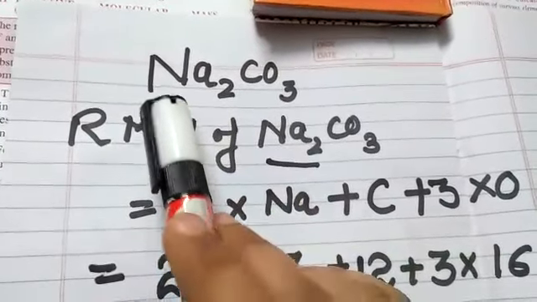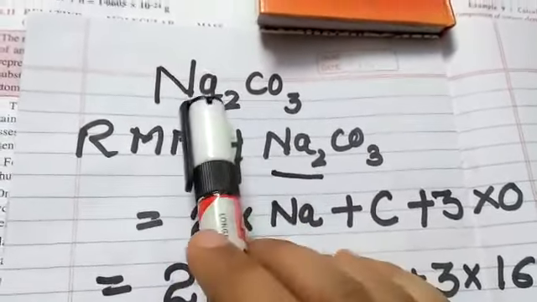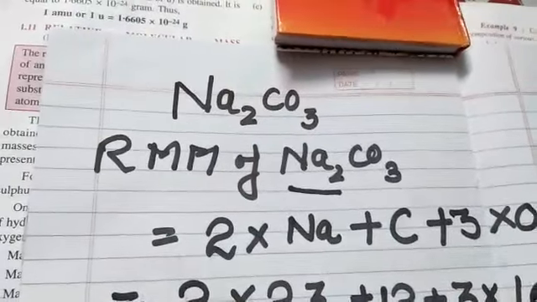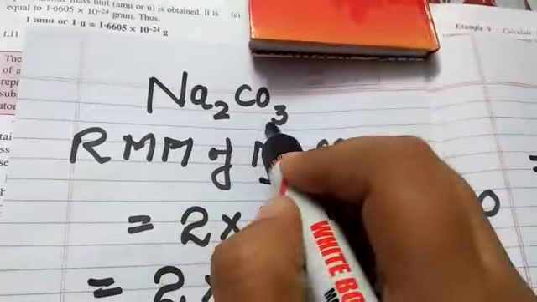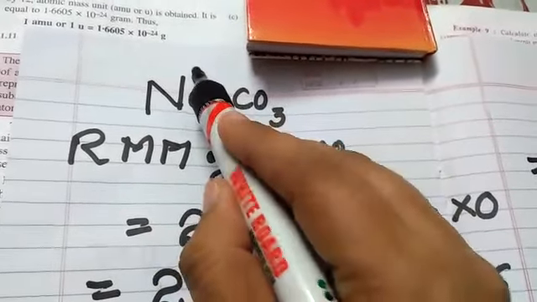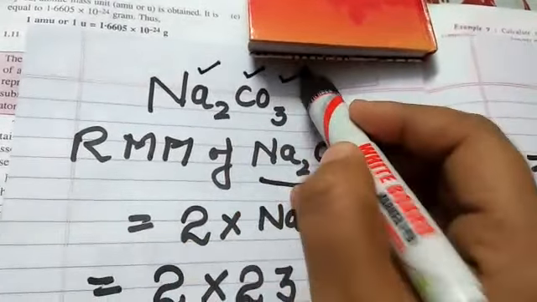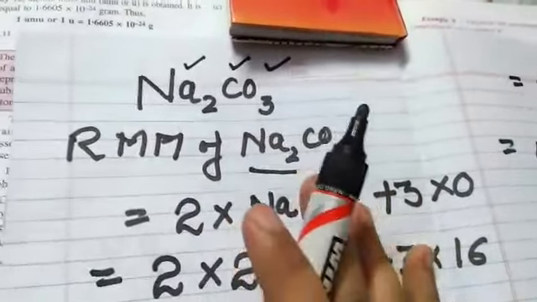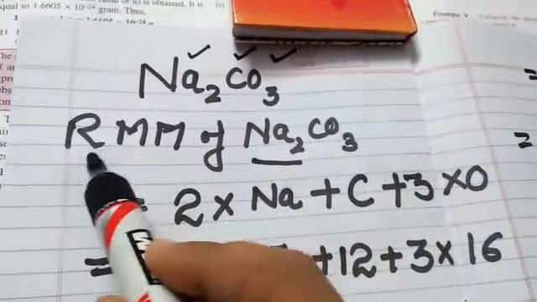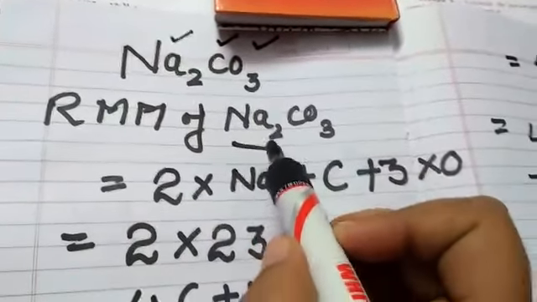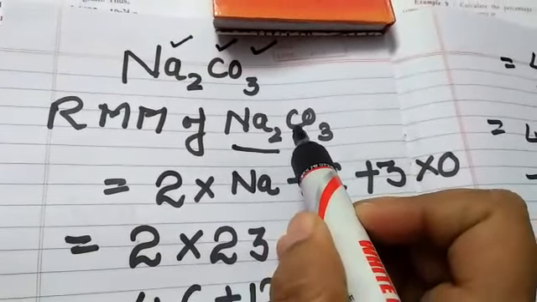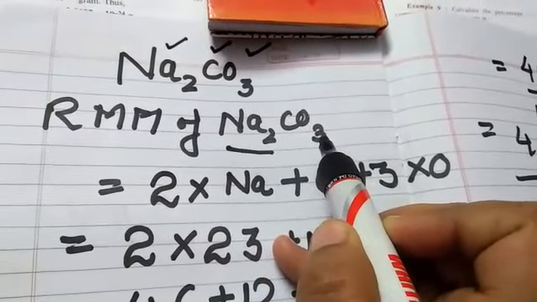We have sodium carbonate. We have to find out, the question is, find out the composition of each element present in sodium carbonate, that is sodium, carbon and oxygen. So first step again, सबसे पहले क्या find out करेंगे? Relative molecular mass of sodium carbonate. अब यहाँ बेटा कितने सोडियम हैं? 2, carbon is 1, oxygen are 3.